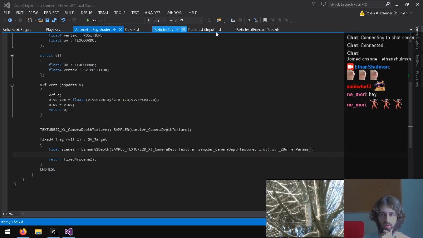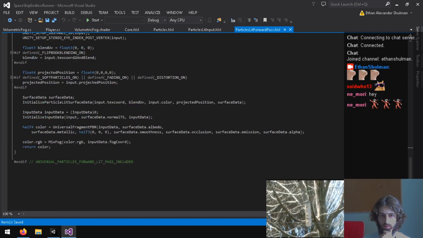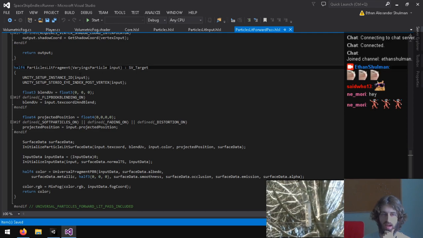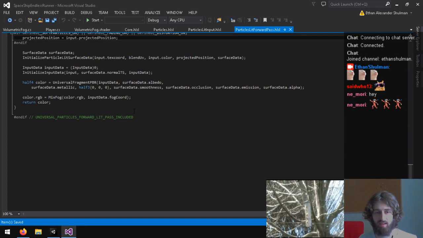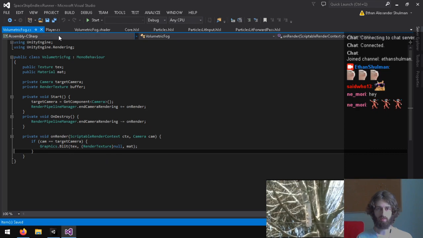Wait, so what do all these other things output then? So it outputs half4. Alright, I guess halves are the smallest type now in HLSL program, kind of ridiculous. How these little things have just like